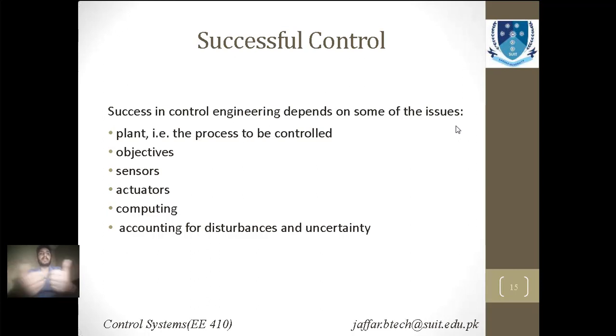When a sensor senses something, it gives the value it has sensed to some machine, and that machine reacts upon it. For example, if a machine senses there is a fire in a building and it reacts, it gives the value to, let's say, a relay or a power sprinkler. Now that sprinkler has become the actuator, because it has to act according to the value given from the sensor. Another thing is computing.